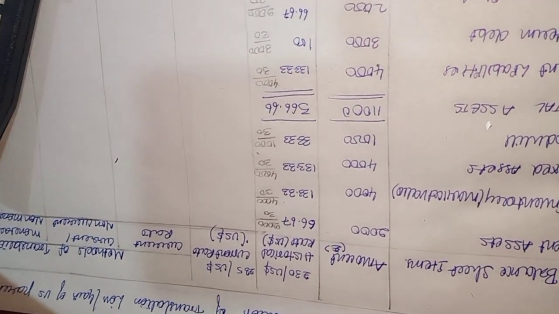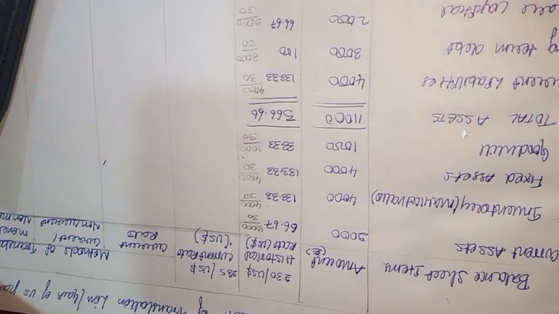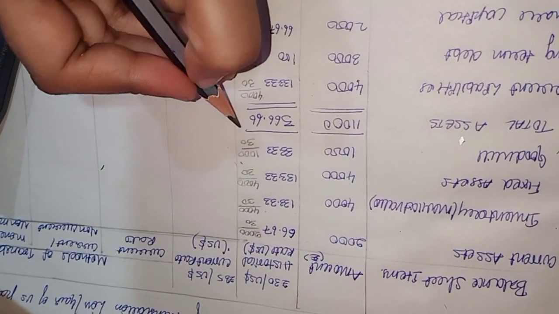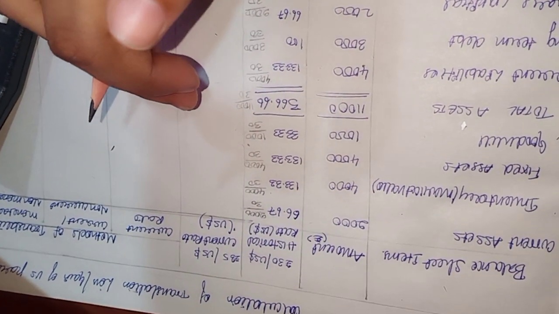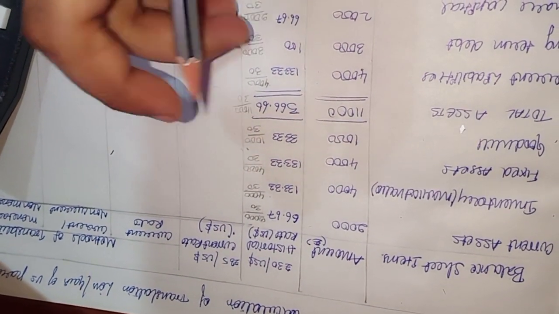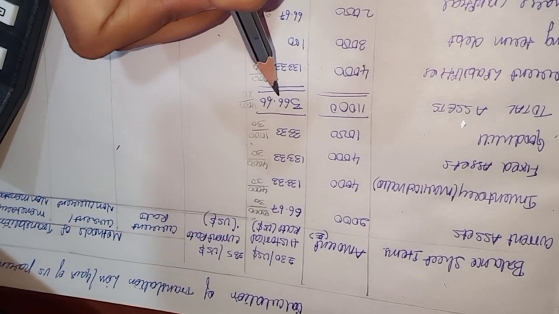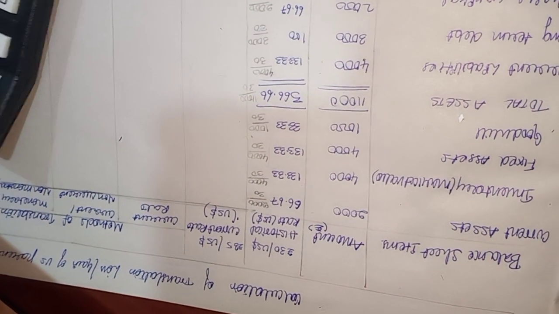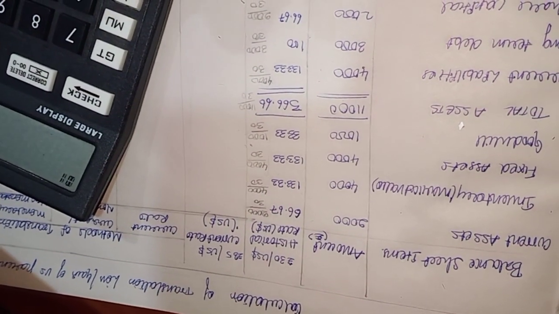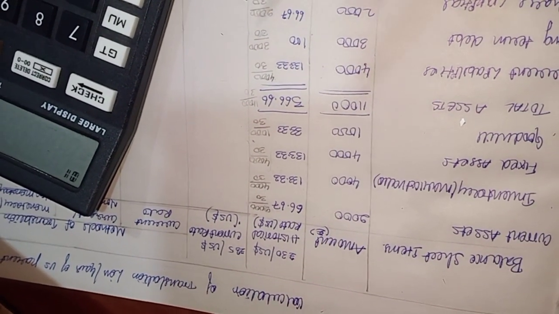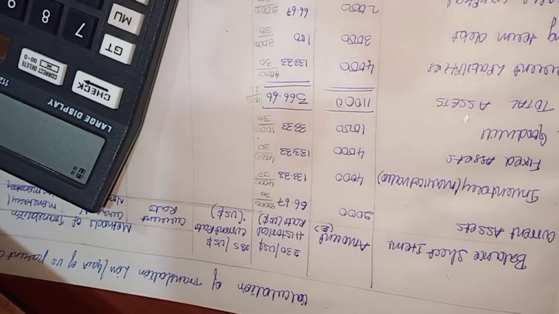If you see, I calculated this. Girls, you can also do 11,000 divided by 30, but it's not the correct way. Better to calculate the total and write it here, and total these liabilities, because I want the retained earnings amount also. Directly you can do, but it's better to follow a procedure.